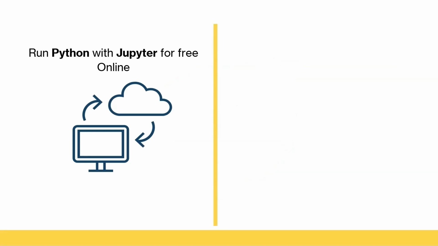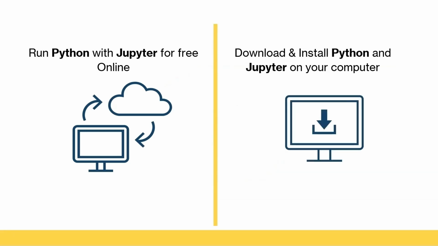We will give you two options for getting Python and Jupyter. You can either use a free online resource, or you can download and install those two on your computer. Using Python online is the easiest option since little or no setup is required, which is perfect for beginners. Also, all your laptop needs to be able to do is to connect to the internet. However, installing on your computer will give you a lot more control. In this course, we will mostly use a downloaded version of Python in Jupyter Lab, but the experience should be pretty much the same online for what we're going to recommend to you.